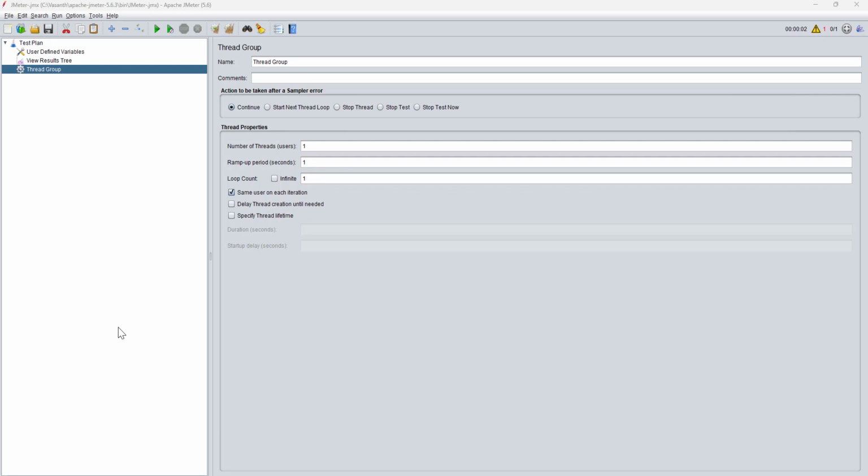So today in this video we're going to talk about one of the inbuilt functions of JMeter, which is the